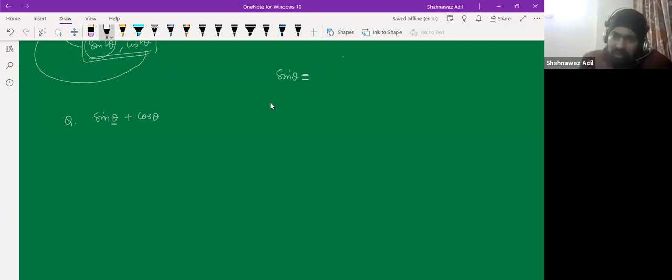Okay, so the period of sine theta, we already know that is 2 pi, right? And the period of cos theta, that is how much? That is again 2 pi. So now we have to find out